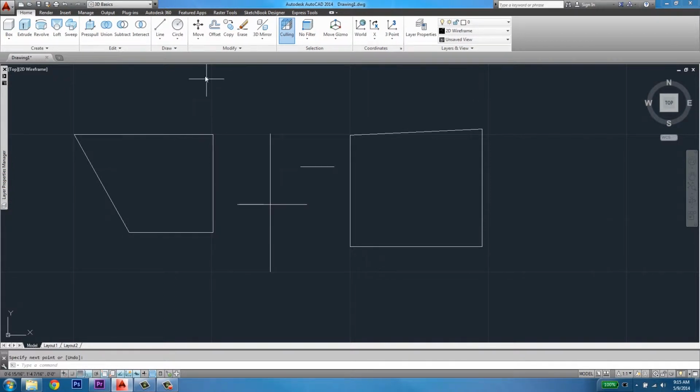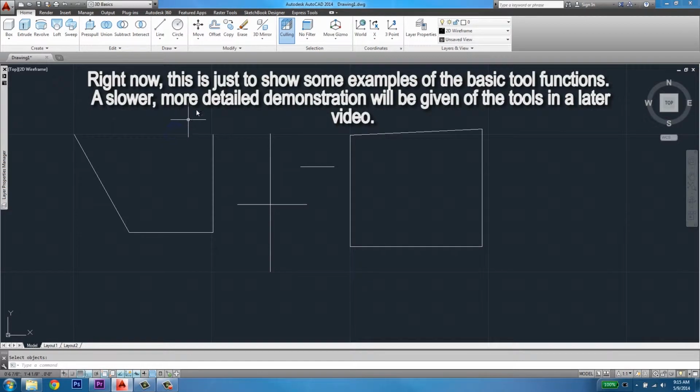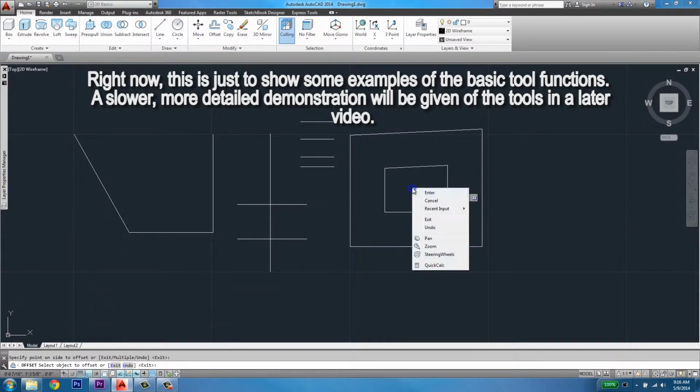Within the Modify section of the Home tab, you'll find different commands that will help you edit your drawing. You can use the Erase command to remove an object. The Copy command will copy an object or objects and paste them as many times as you would like. The Offset command copies an object and places it a specific distance in a chosen direction from the original. If it's an enclosed object, it'll make that object that much bigger or smaller than the original, offsetting each line